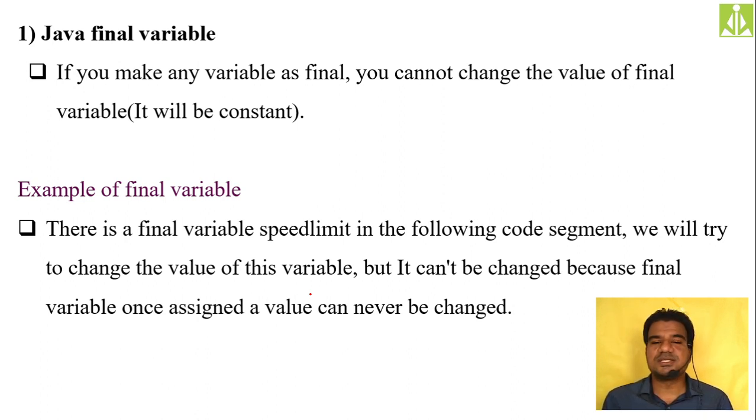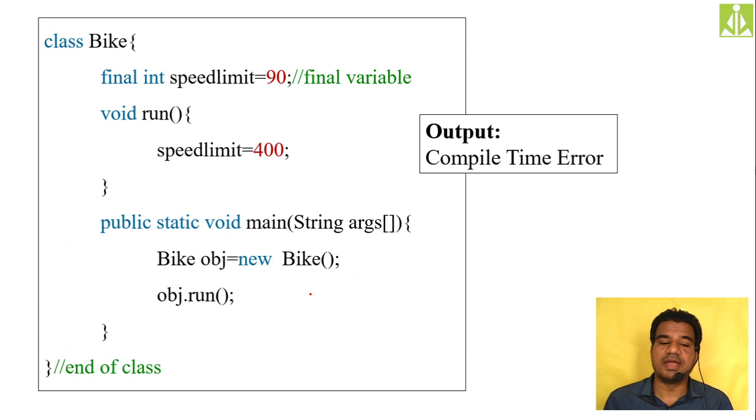Okay, so example of final variable, I'm defining a class. I mean, in my next program demonstration, I'm dealing with this final variable. Over there I have taken a class, and inside that class I'm taking a final variable, and I'm trying to modify that final variable, and we will see what output we will get.